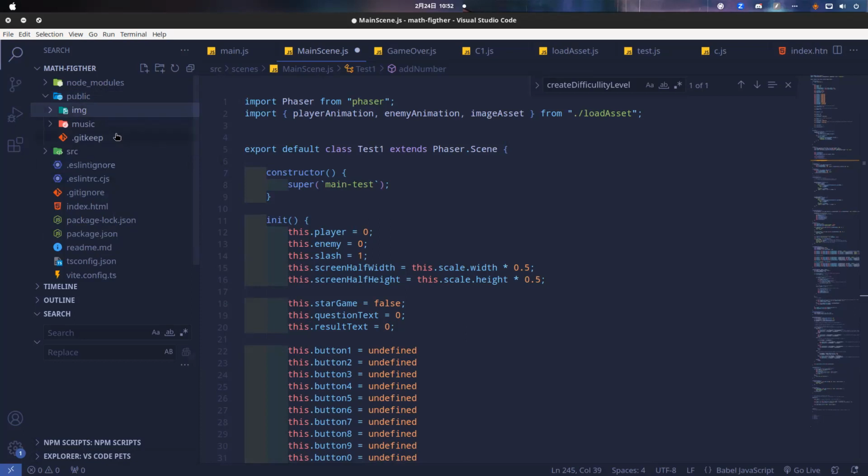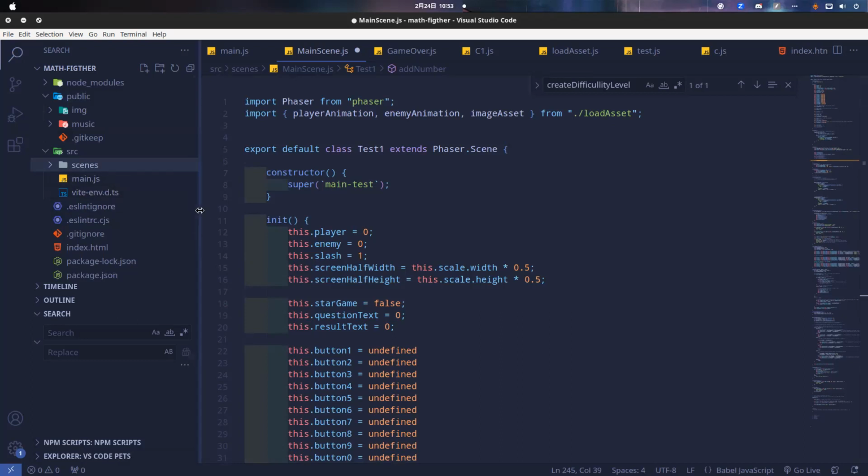Img is for image files and music is for music files. When you want to code, make sure you create it inside the src folder. Because we are using the TypeScript template, for Phaser you just change it to .js, like this, main.js.